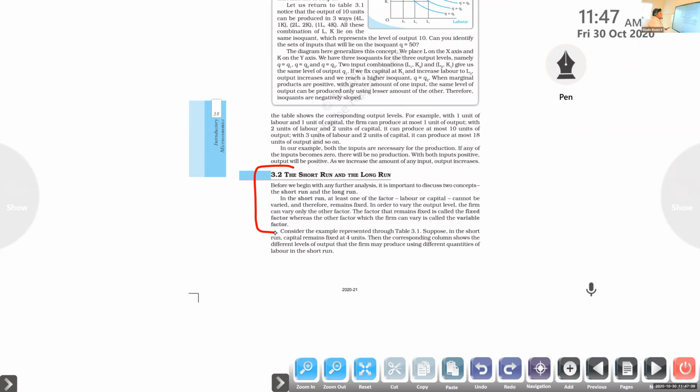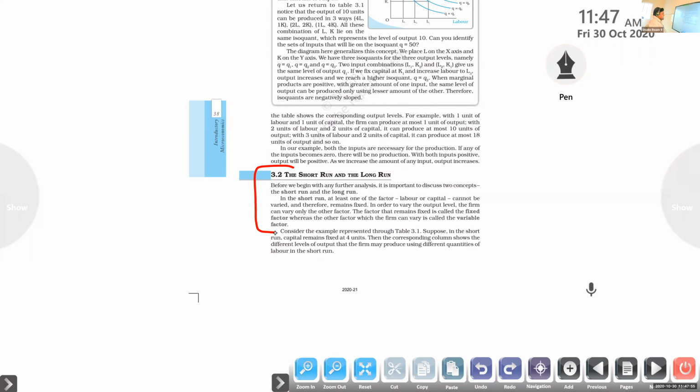So understand this answer for the question: what are the changes we are able to find in production in the short run? Companies make changes in only one input or one factor of production. The changing factor of production is considered a variable factor, and the unchanged one is termed a fixed factor of production. Is that idea clear, Sharath?